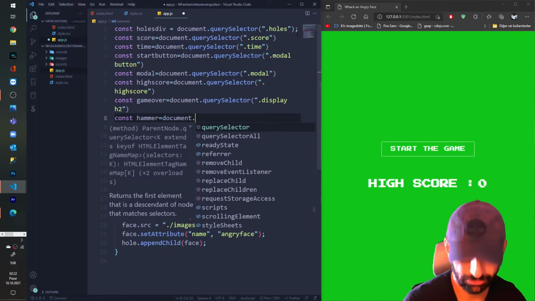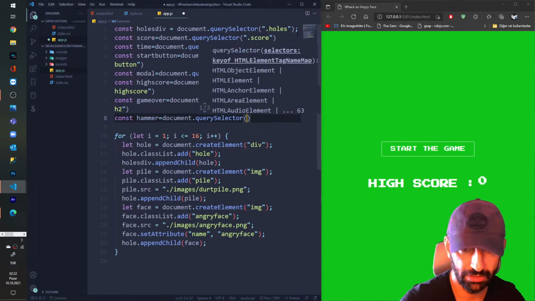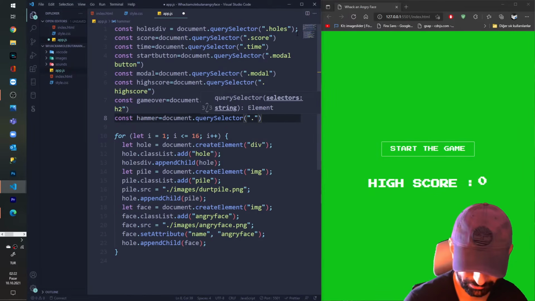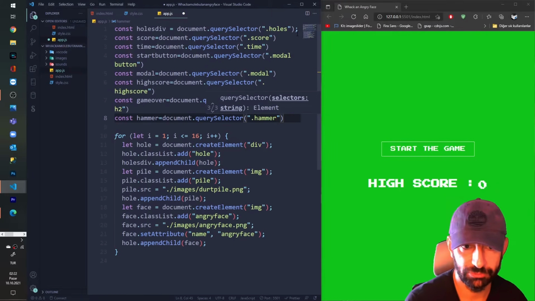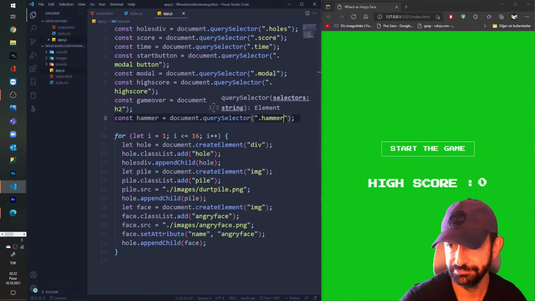Document dot query selector hammer, which will be in the last position.